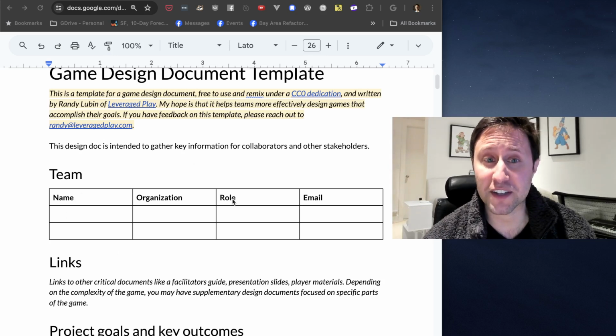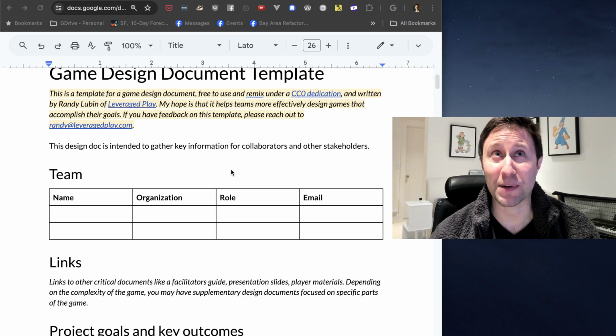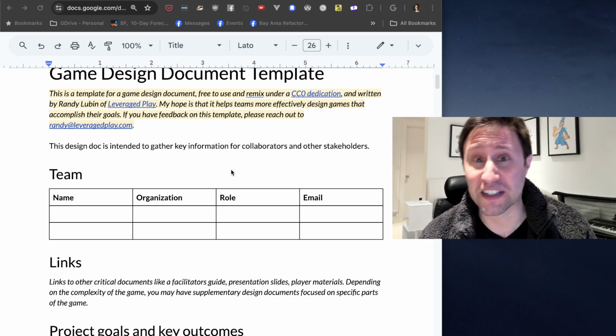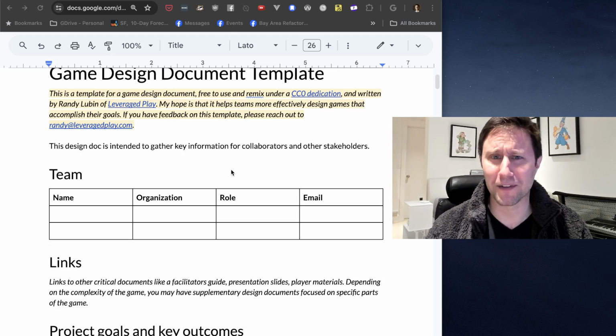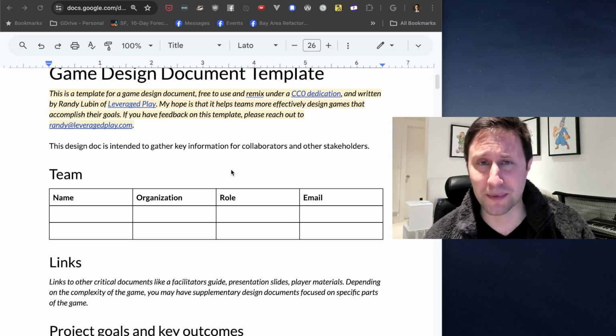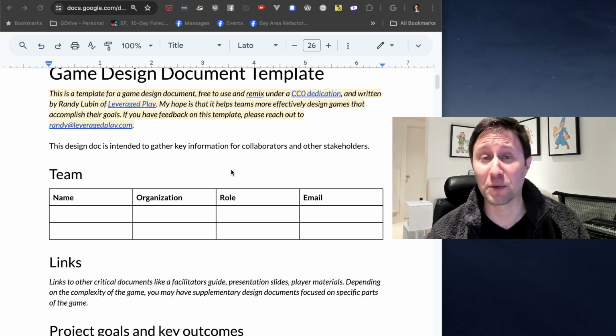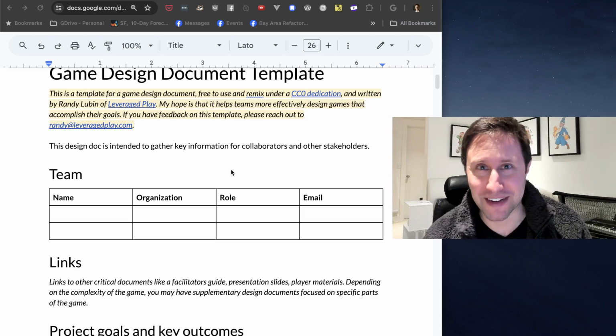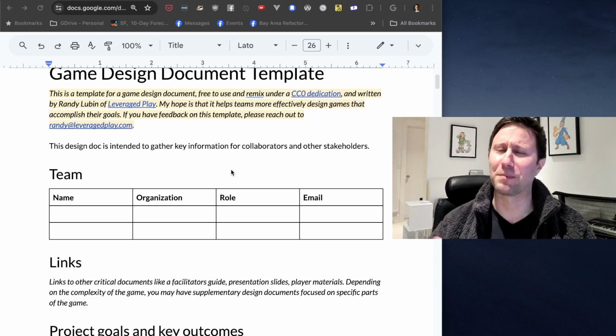There's a team section. I know with teams, especially when you're working on a game with multiple different organizations in the mix, just having a list of who's involved, which organization, which role, what's their email address, just makes it really easy to keep everyone in the loop. And when you're sending emails out to everyone or adding people to a new document, you don't miss out on